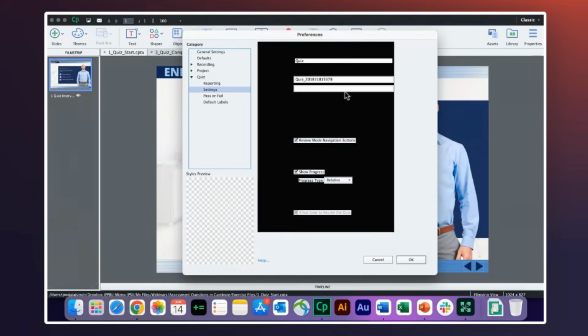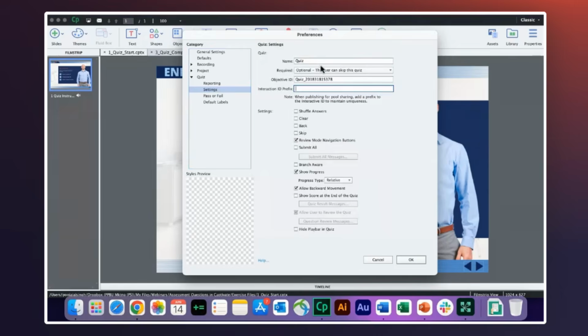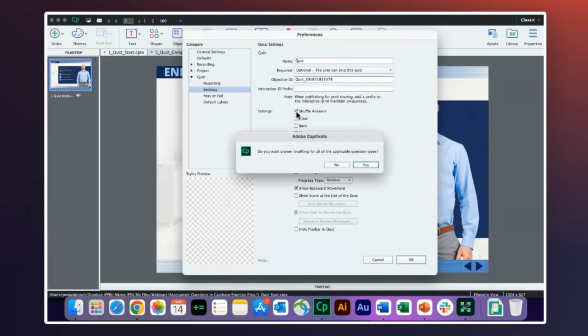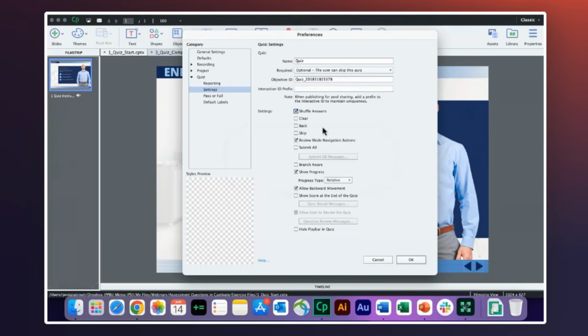But what you need to do is settings, okay? Settings here will give you all the options that you need to set. This is mainly information that goes into the learning management system, the name, ID, and all that stuff. Here's the option: if you want to shuffle all the questions in your quiz, you can select this option, and it will be applicable to all the question types which allow shuffling. Okay, I'll just say no here,